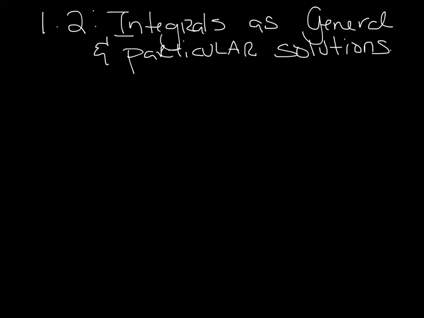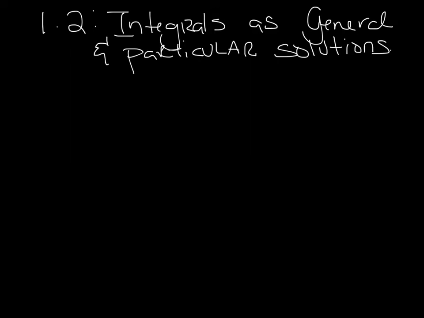Okay, in section 1.2, we're going to be talking about integrals as general and particular solutions. So in 1.1, we differentiated a lot because we had derivatives. So now we're going to do the inverse. We're going to find integrals. And again, we've talked about general solutions, and we actually found some particular ones, or sometimes they're called unique solutions,